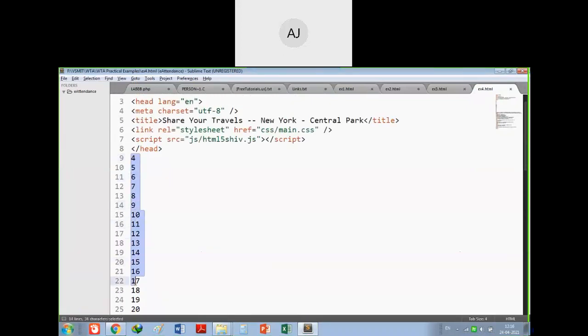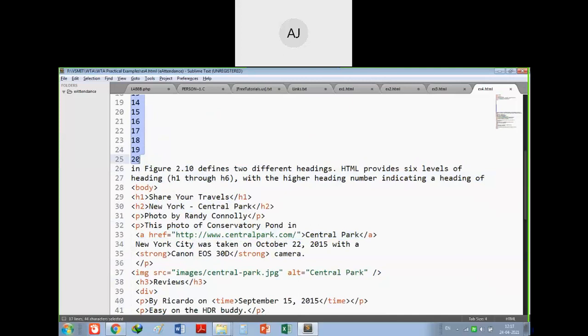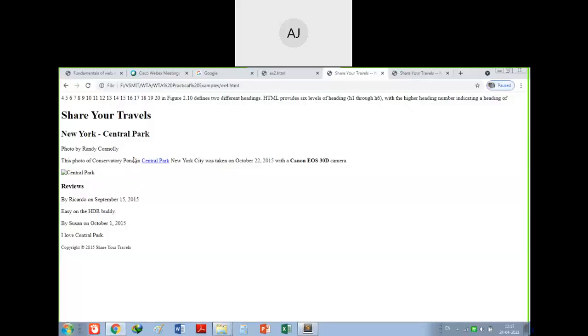Those are the line numbers from the textbook, which are also printed. Save and refresh. Okay, "Share your travels" is in H1, and this New York is in H2. Then Randy Connolly is in H3, and reviews in H3, and this copyright 2015 "Share your travels" is in small case. You can verify this.